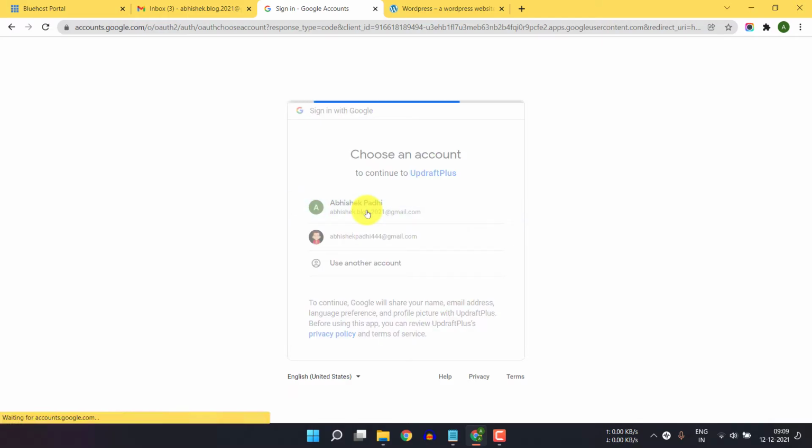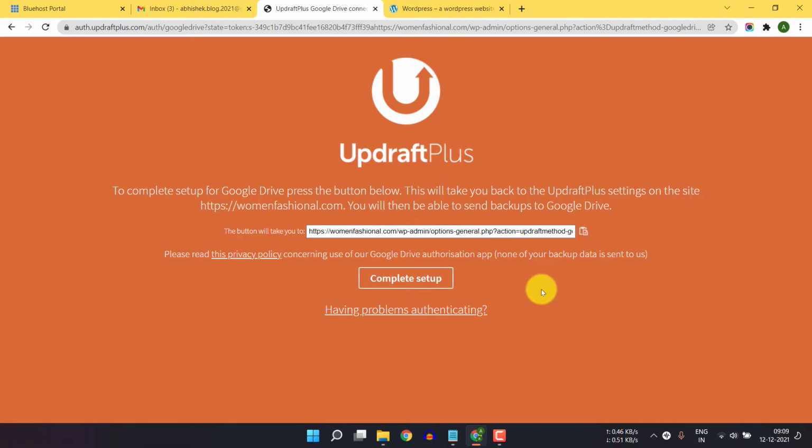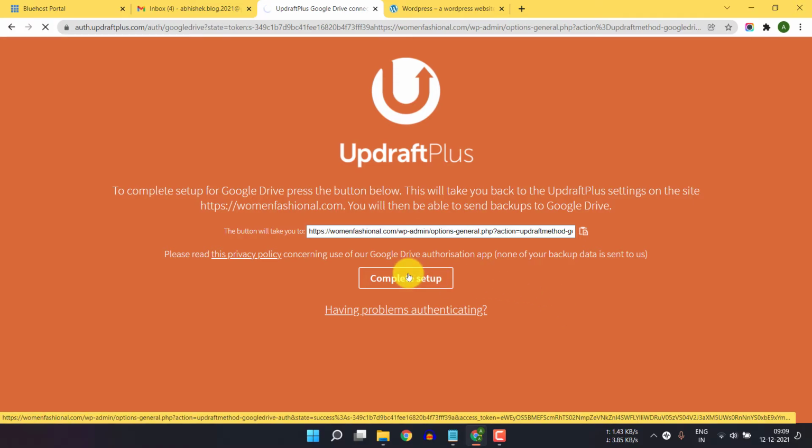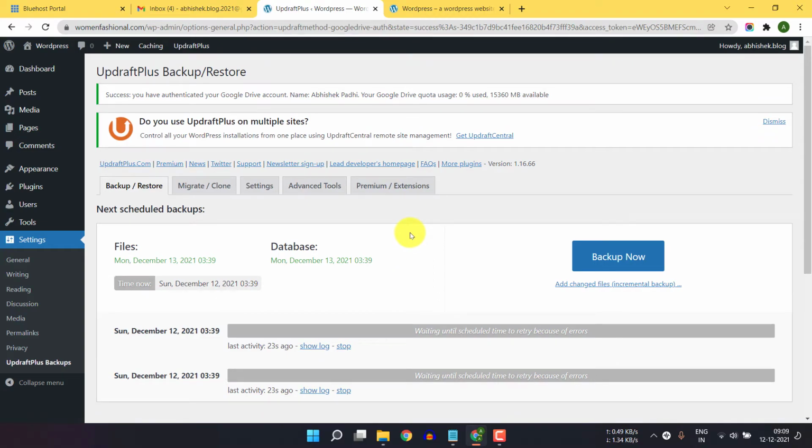I will click on this Google account and click on allow. Now click on complete setup. Okay, now our automatic backup is saved to Google Drive, and as you can see, it is showing the Google Drive quota usage is 0% out of 15 GB.